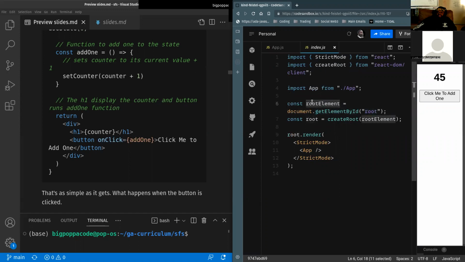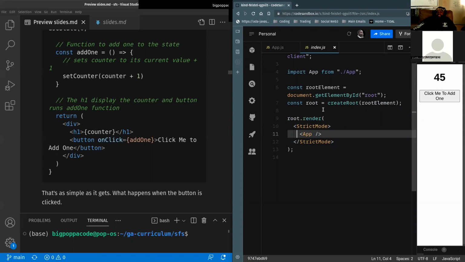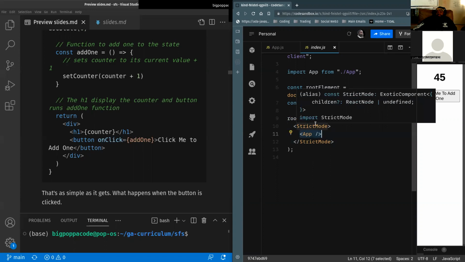I'm storing that inside this thing called root element. And then I'm using this createRoot function in order to create a root for my application from that div with the ID of root. And then I'm going to render my App component onto the page,